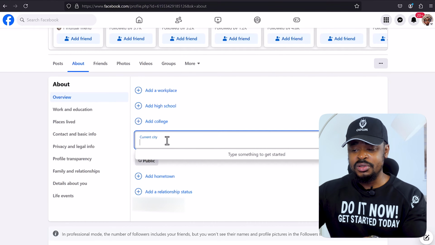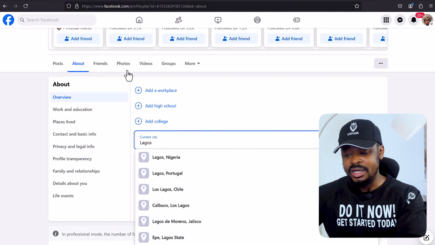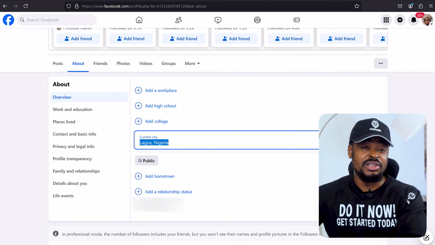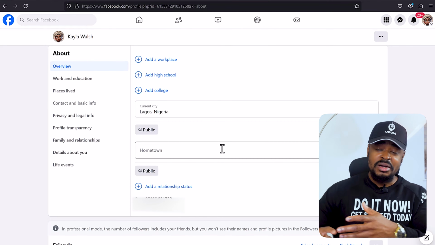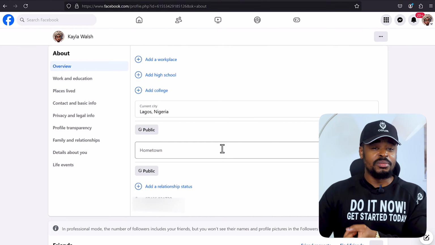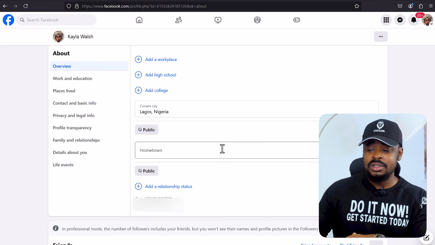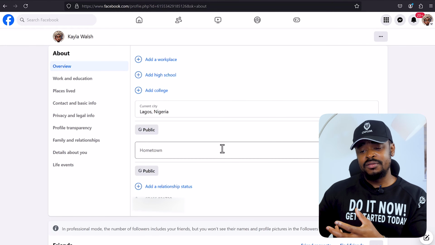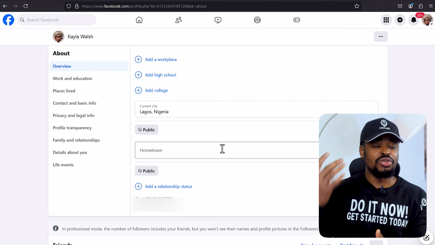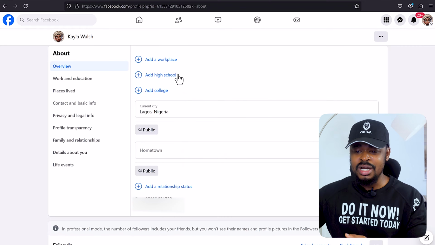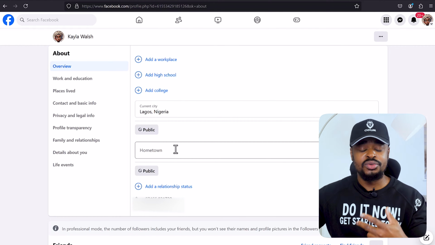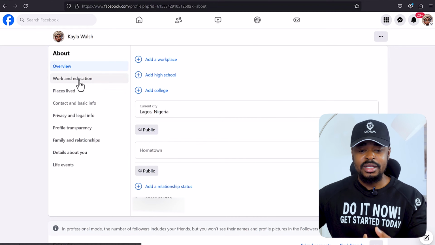You can say Lagos, London, choose Lagos, Nigeria. When you choose Lagos, Nigeria, you save it. Then the next thing to enter is hometown. If you're from Port Harcourt, from Rivers State, if you're from Ghana, just put in the hometown. It's also going to help Facebook know more about you and how to treat your profile or your page. Once you have all these details put in, your hometown, your current city, the next thing you want to do